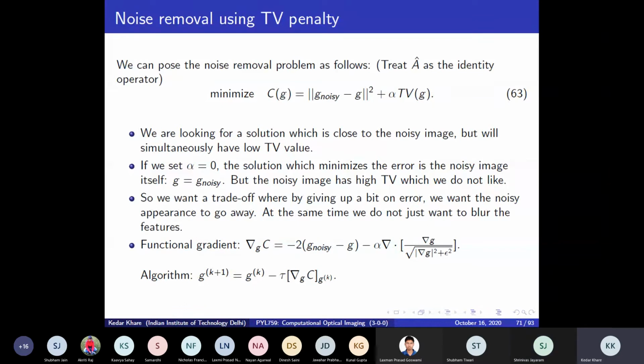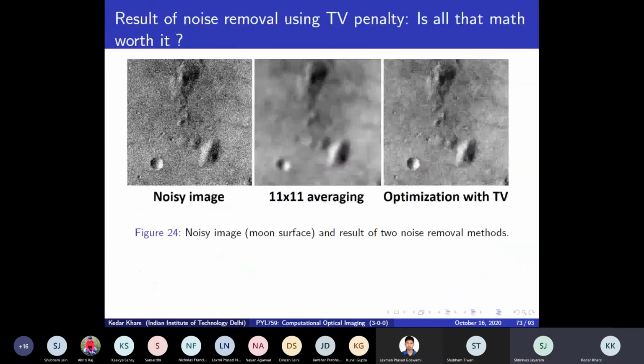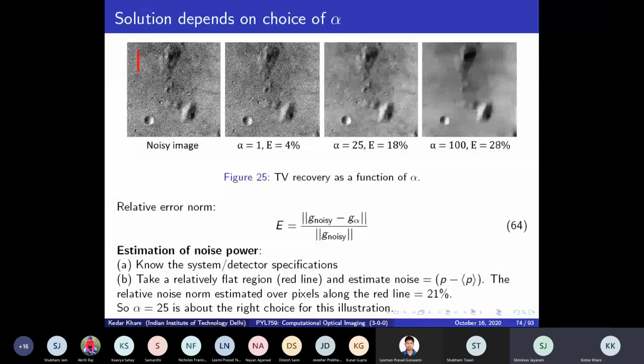So if I picked alpha equal to 1, then after a number of iterations, here in this problem about 20 or 30 iterations are sufficient, I get the solution that is shown for alpha equal to 1. It is kind of a converged solution: if I try to do C of G reduction further, the solution is not changing much. So it is a stable solution.